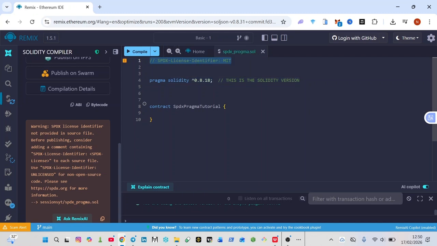Now to explain further, let's talk about Pragma itself, because Pragma has its own importance. Like I said here, this Pragma statement says this is the Solidity version. This specifies the version I'm using, and Pragma is just a common instruction for the compiler about how to treat the source code. That's what it does, and this is the version I want to use, and a lot more. So this is the intro on what the SPDX license identifier and